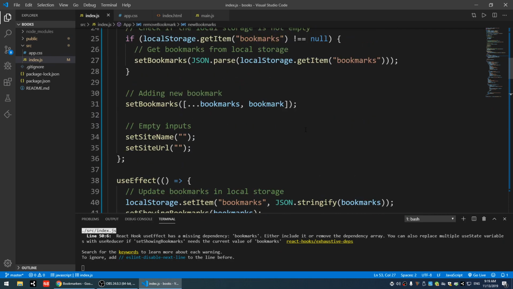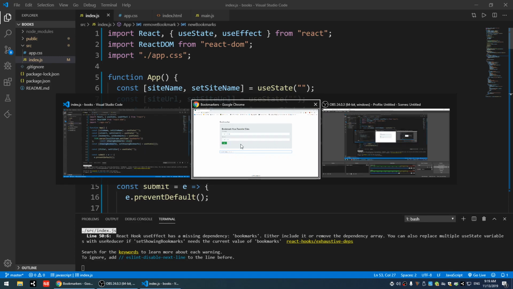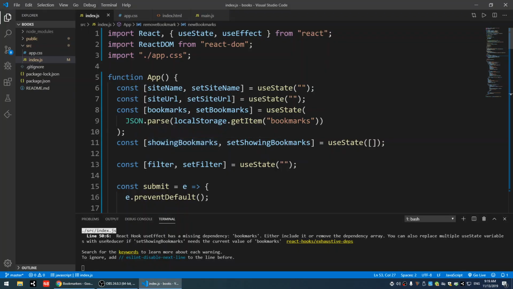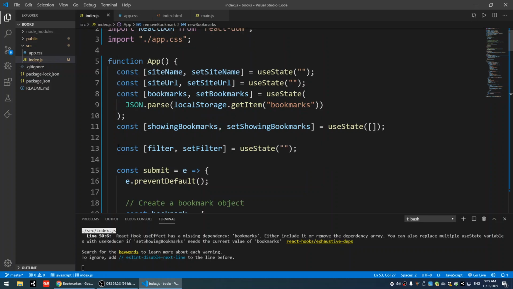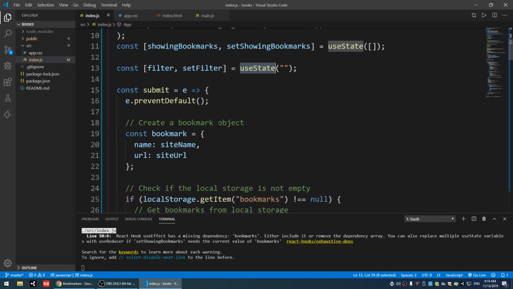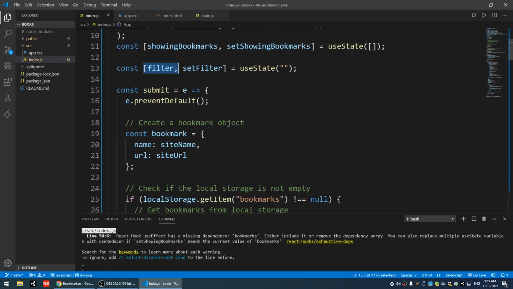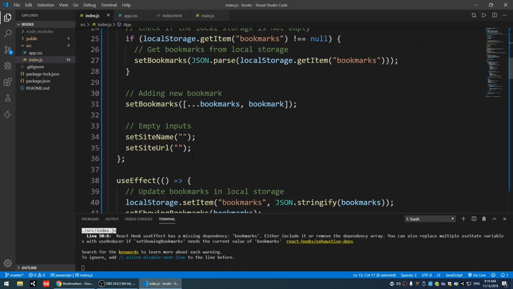And for the filter, yeah, the filter is a little bit tricky as well. We need to, let me see. We set the filter and set the filter with useState. We're gonna talk more about the states soon. I went a little bit too fast this time, so when we do the next project, we're gonna talk more about the states. So for the filter here, we have the filter and setFilter states,